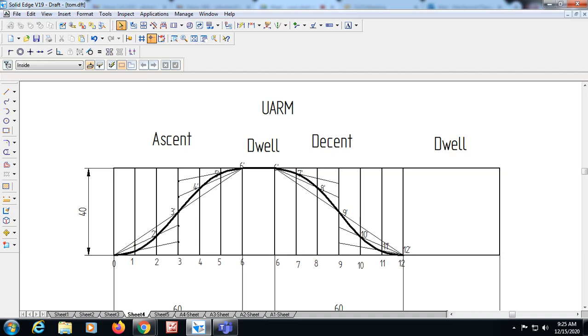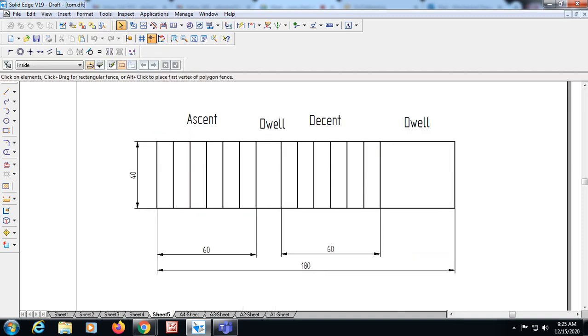So you do according to this displacement diagram, and next in the same way I will construct the displacement diagram by the SHM method. Okay, that is simple harmonic motion. So I already kept it ready, I already told you also. So you can keep this type of displacement diagram ready. So I will explain the simple harmonic motion method, that is SHM. Sometimes it will be given as simple harmonic motion or SHM.